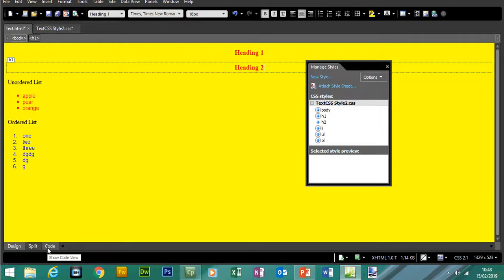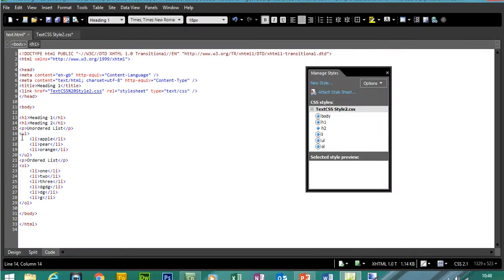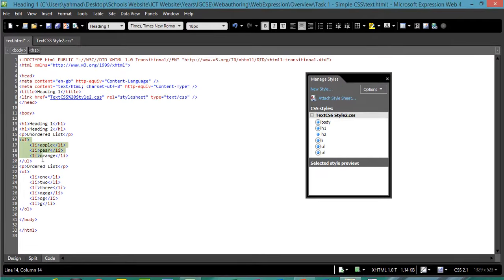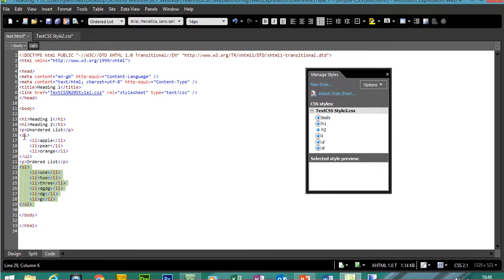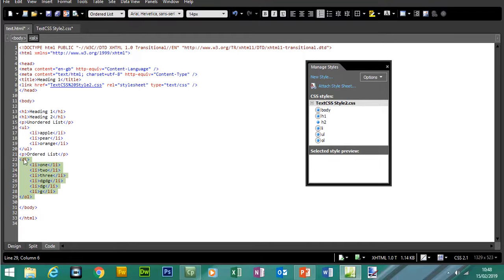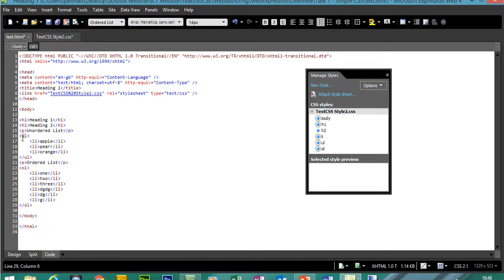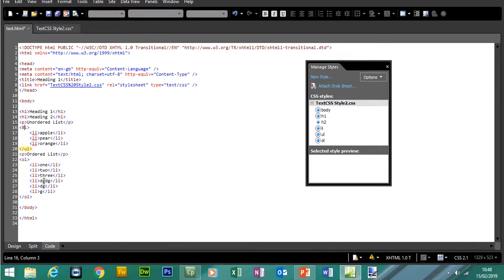If we go back to code, you'll see the two types of lists here. So this is the first list, and the list appears as unordered list. Okay, and then you got this list here which appears as ordered list. So the difference is you got UL and close with UL, and here you got OL and you close with OL. So let's say, for example, if I typed in O here,